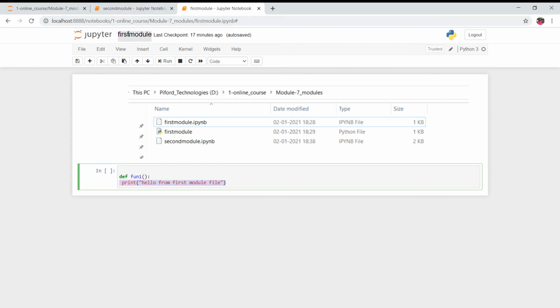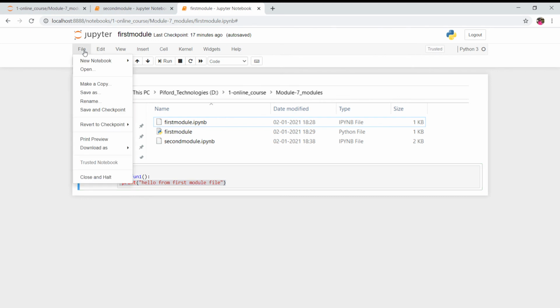Just click on File, Download as, click on py, and you will get a py file. Then put this py file from the downloads folder into the current working directory folder. Your module will get imported only if it is in py format, meaning only if that file is a Python file can you import it.